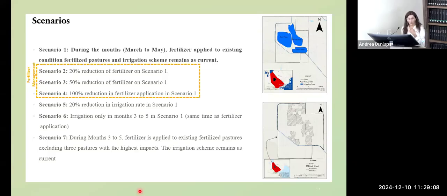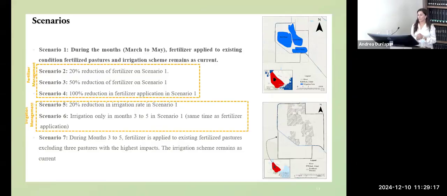The next category is irrigation management, where we wanted to see the impact of irrigation on the whole system. First, we reduced the irrigation amount to 20%, and then we had irrigation only for the months of March to May, the same as scenario 1,